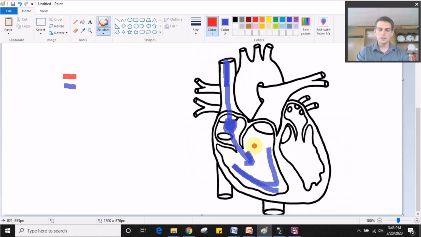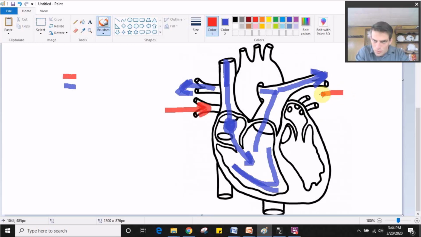So that oxygen poor blood is going to come up and come through these blood vessels right here, and notice how it splits left and right. So it kind of goes through this little loop right here, and some of it will go left, some of it will go right, and it is traveling to the lungs. So the lungs are going to be on either side of the heart here. At the lungs, the blood will pick up oxygen and then come back towards the heart. And so it's going to be red now because it has oxygen in it. It is oxygen rich. It's going to come back through these little blood vessels here and enter into this, which is the left atrium.